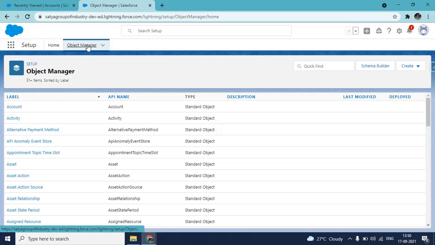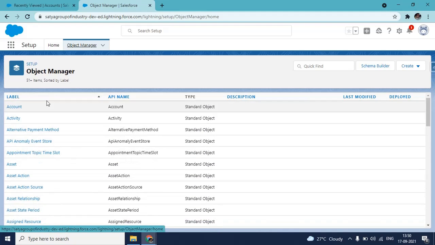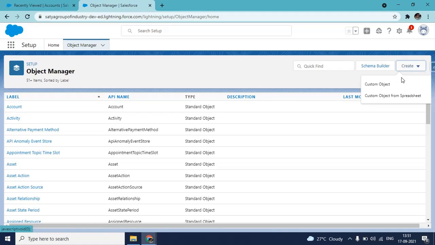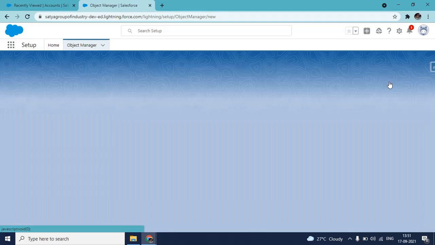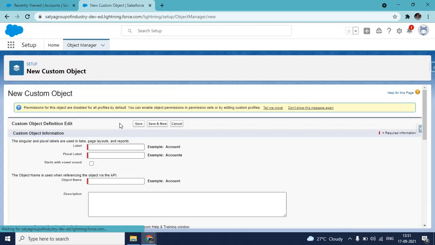After clicking object manager, these are all standard objects, which are previously defined by Salesforce. You can create your own object. So I will go to create and click on custom object, because as I already said, the object we create is called a custom object. Now you have to give the name. My custom name is school.